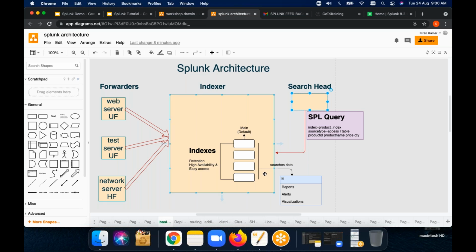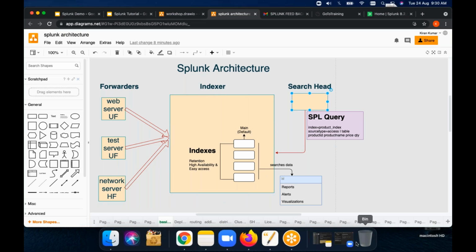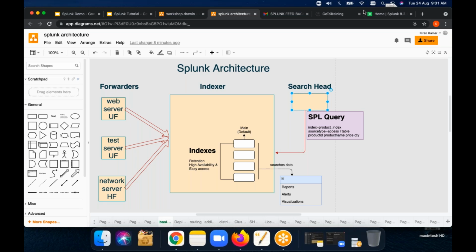Forwarders, indexer, indexes, and search head. All four things are clear for you? Sinaj? Yes. Yes. Yes. Yeah, okay. Great. So now,